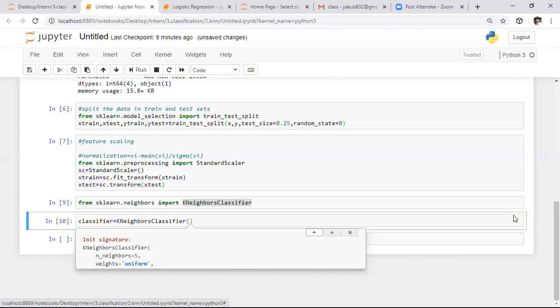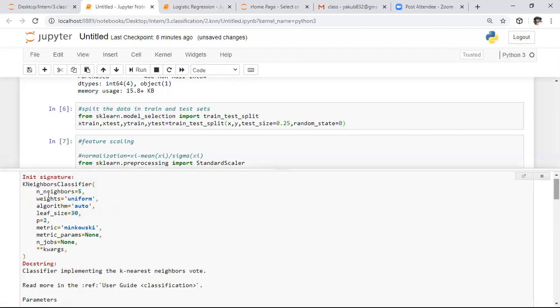If you want to specify the number of neighbors, you can do that by using n_neighbors. Previously I explained taking the k value as 3; if you want to give any k value, we specify it using n_neighbors equals 3. By default, if you don't give the n_neighbors value, it will be considered as 5.